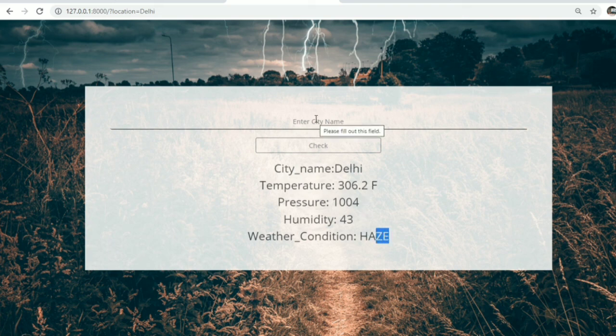So guys, I am pasting the code in GitHub, and I am sharing the link of my GitHub, so you can copy the code there. This is a simple project, that is a weather app. Those who have just begun Django and are searching for a beginner's project, this is the video for you guys. I think this video will help you to make the project.